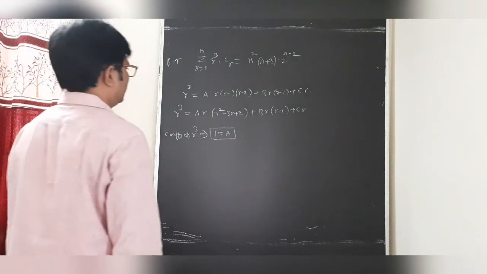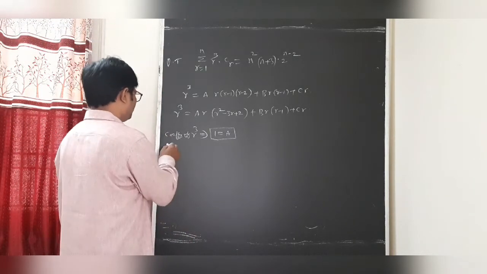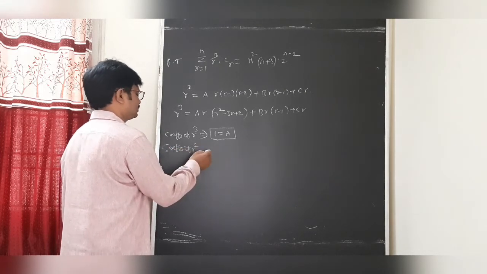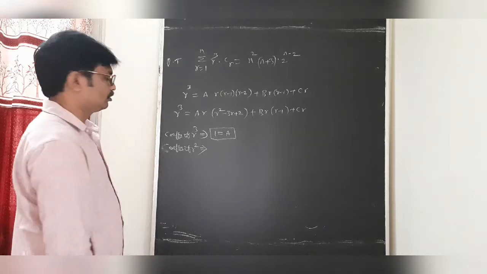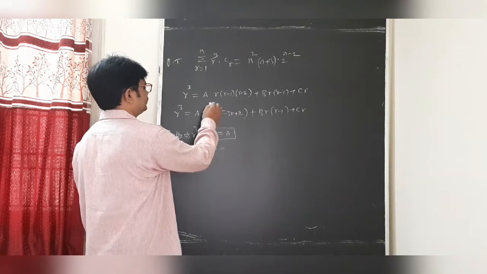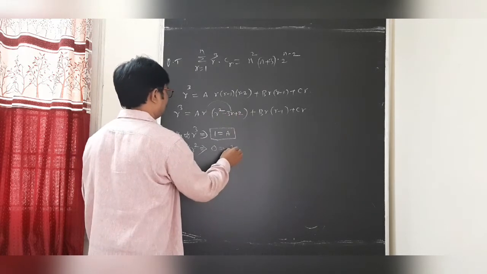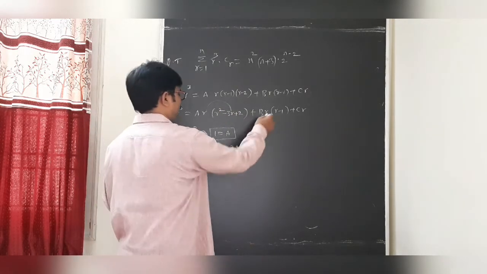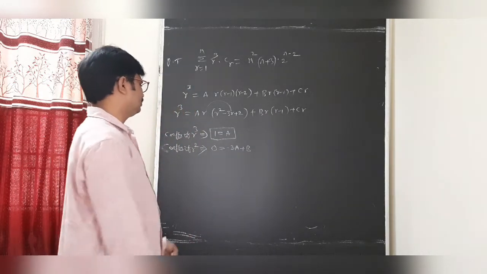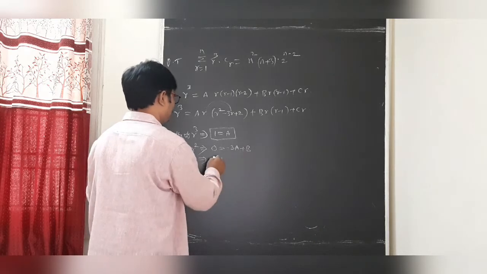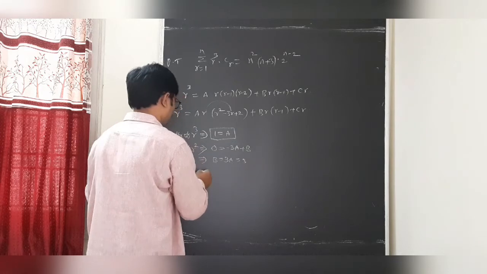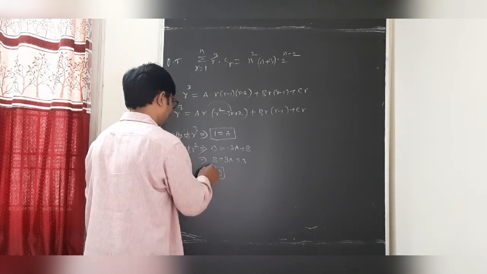My dear students, right now we are equating the coefficients of r square. The coefficient of r square on the left hand side is 0. Here, this is minus 3r square, that is minus 3A, plus B r square. Okay students, now undoubtedly B equals 3A. Minus 3 becomes plus 3A, that is 3. So, students, we got the B value as 3.